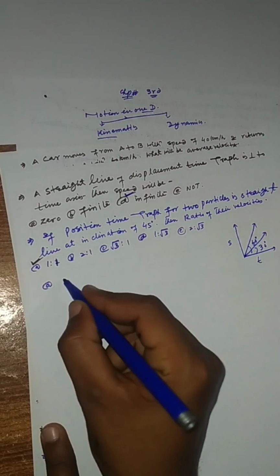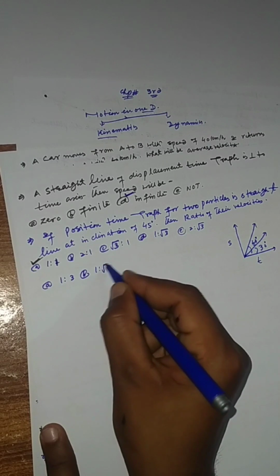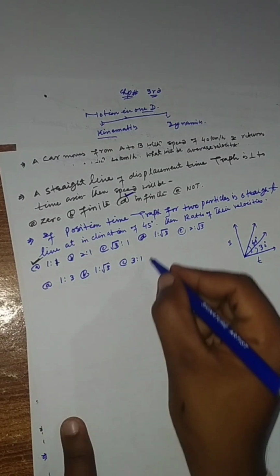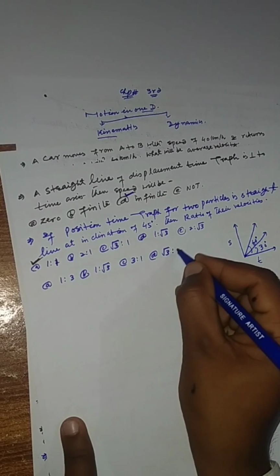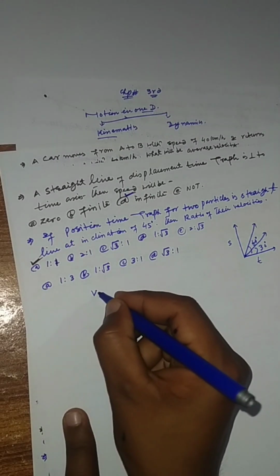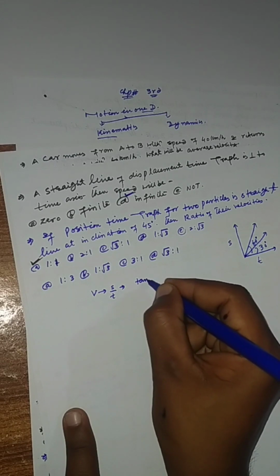Let's say options: 1:3, 1:3, 3:1, or under radical 3:1. So as we know that v is the slope of s over t, and this will give tan